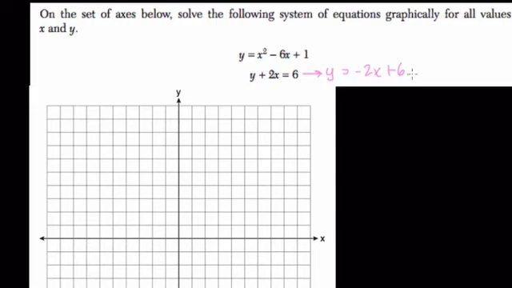So now we know that 6 is the y-intercept. This is our b value. And -2 is the slope. So that's easy to plot, right? We have our graph right here. Here's 1, 2, 3, 4, 5, 6. Our y-intercept, our slope's -2, down 2 over 1, right? So we graph this,